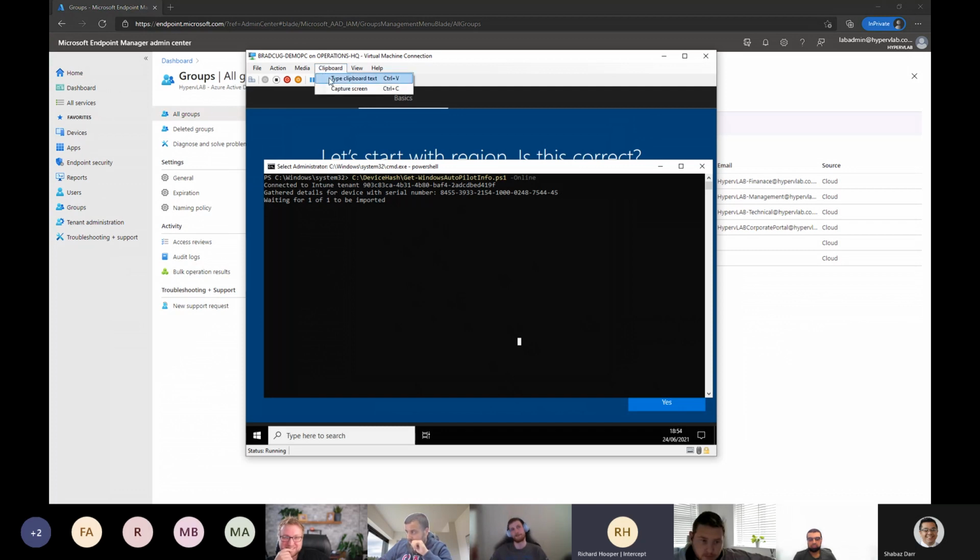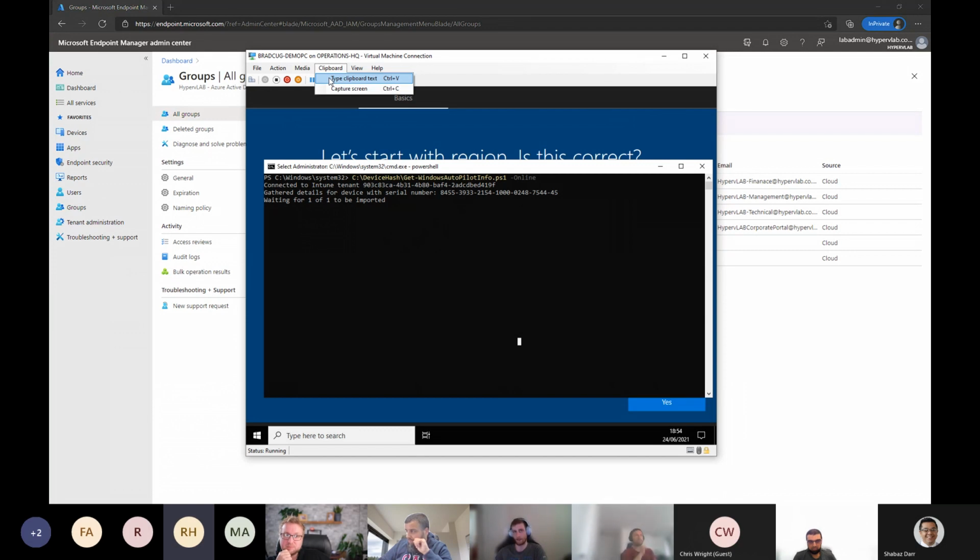Going slightly off topic from a Hyper-V perspective, what I found is you can paste into a VM, but I've never to date been able to copy out of a VM backwards. You can paste commands into it, but I've never been able to get them out. To get them out, you have to save them into a text file and then pull them off the VHD later on.